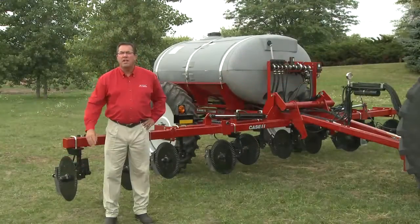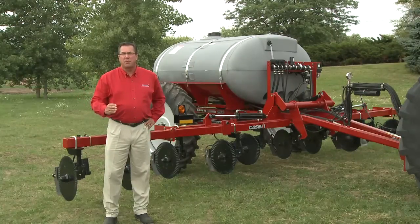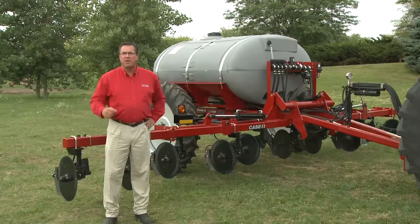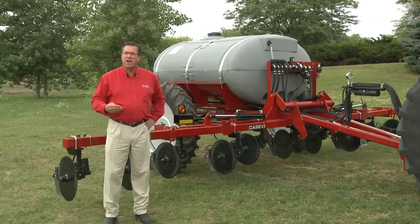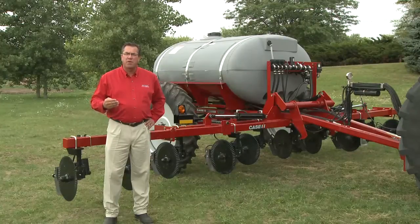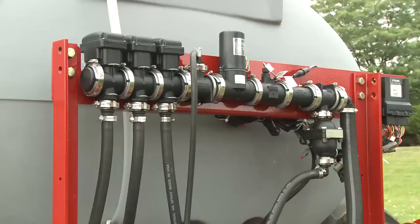The 850 and 1,000 gallon chassis, we have three different options to control the liquid product and the application in the field. We have two different piston pumps that are available, either a ground drive single piston pump or a ground drive double piston pump, depending on how much capacity you're looking for in your application. We also have a hydraulic driven centrifugal pump with electronic control, and that's what we have on this 1,000 gallon 2800 here today. With the hydraulic driven centrifugal and electronic controls, you have a 3-section shutoff, regulating valve and flow meter, and